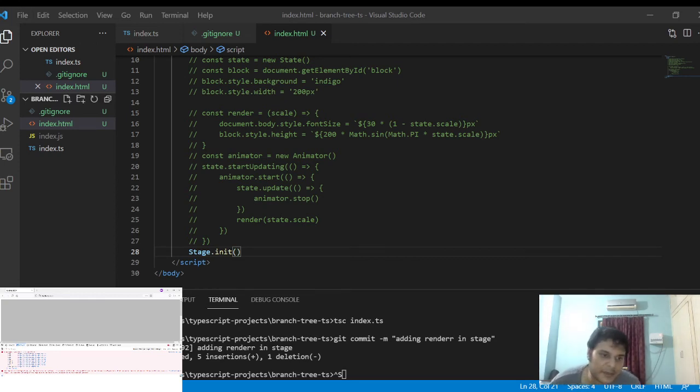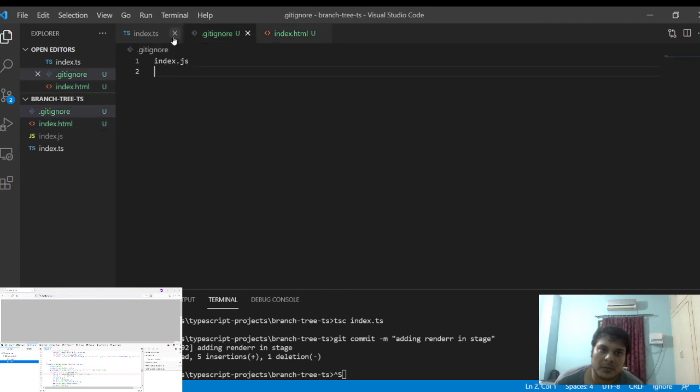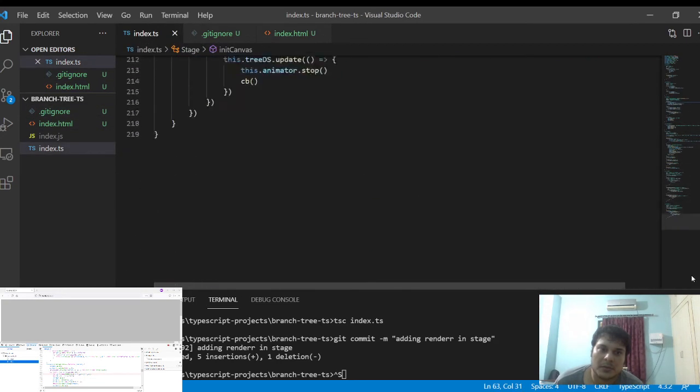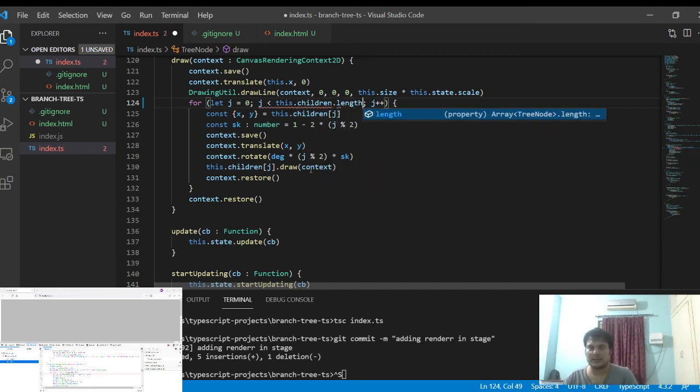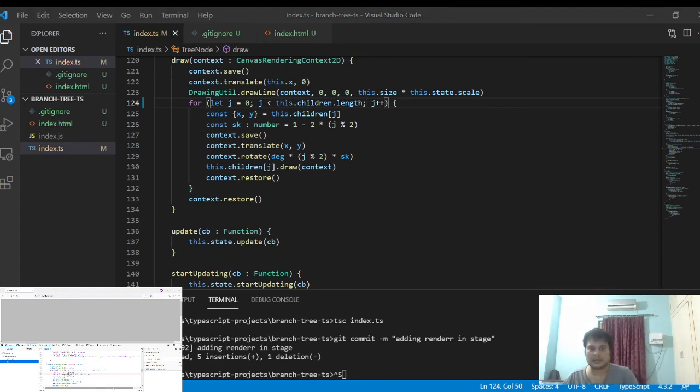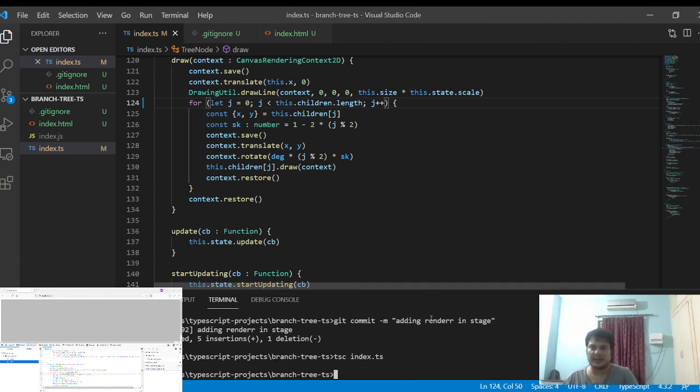Okay, so I have a little bit of errors. The main issue is with the tree node's children method. It is better to use this.children.length while animating.